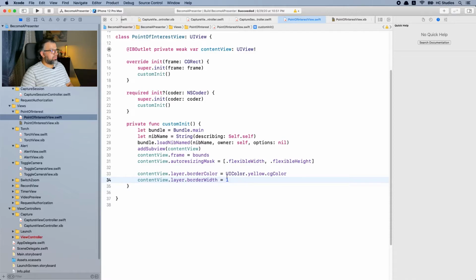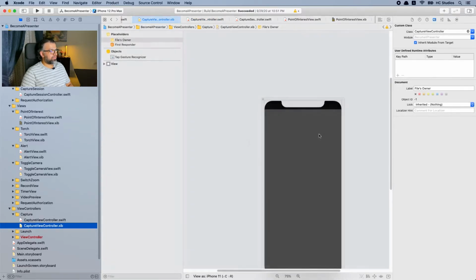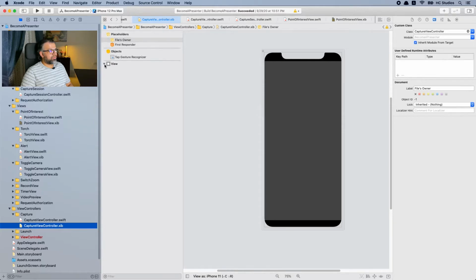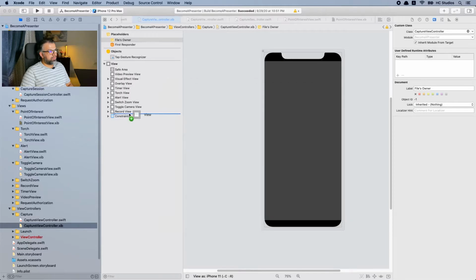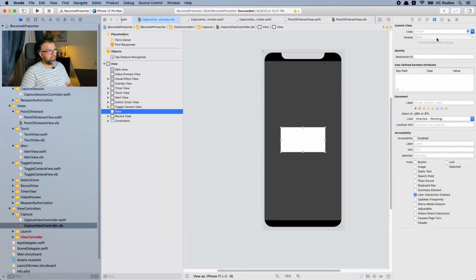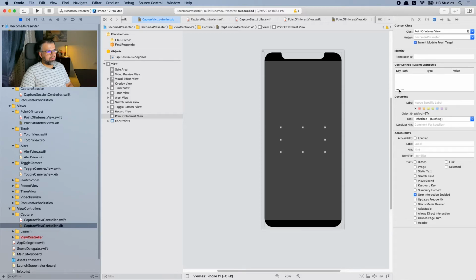We will be adding the PointOfInterestView to the capture view controller now. So let's head to the capture view controller nib file and expand the views, and from the library we are going to bring in a new view and add it here below, actually it doesn't matter, below the whole thing. Okay, this one, and specify the class name as PointOfInterestView. Set its background color to clear color